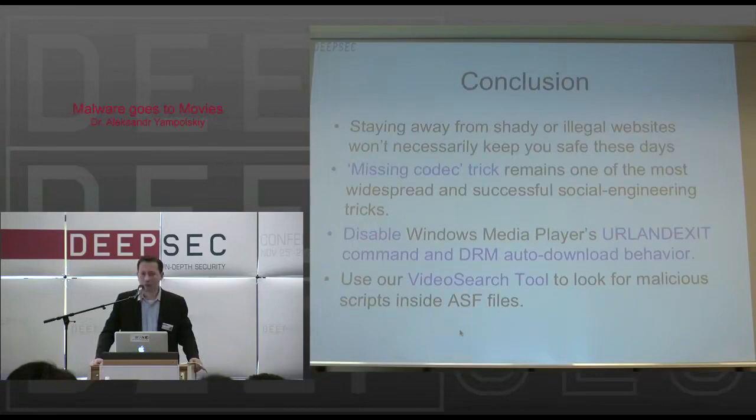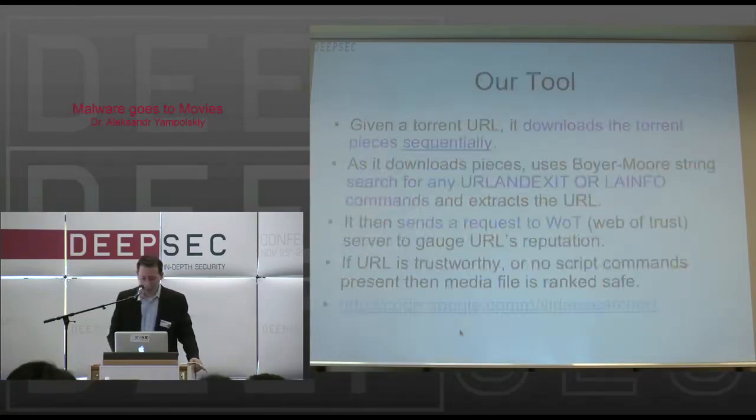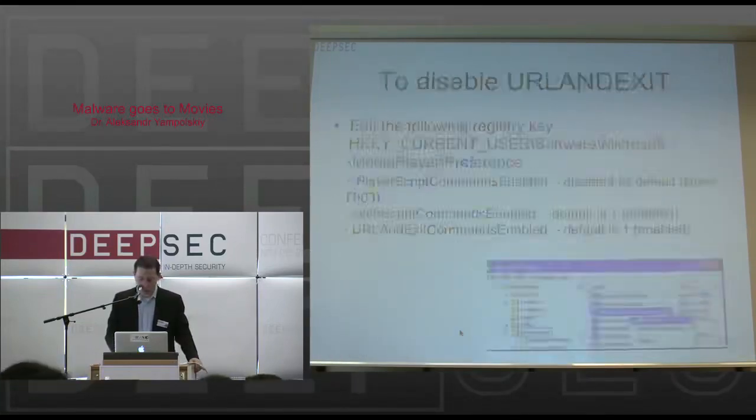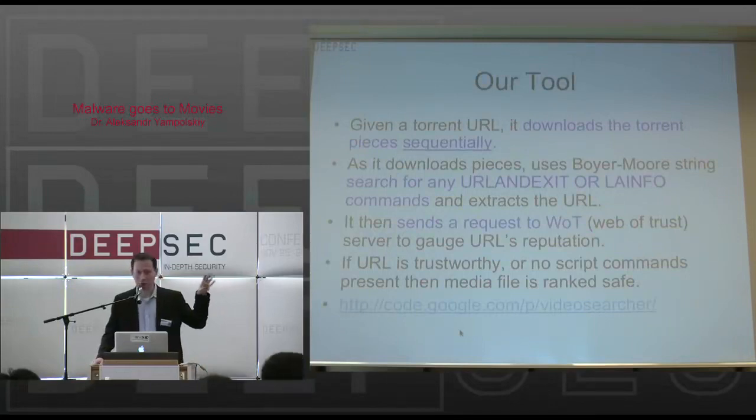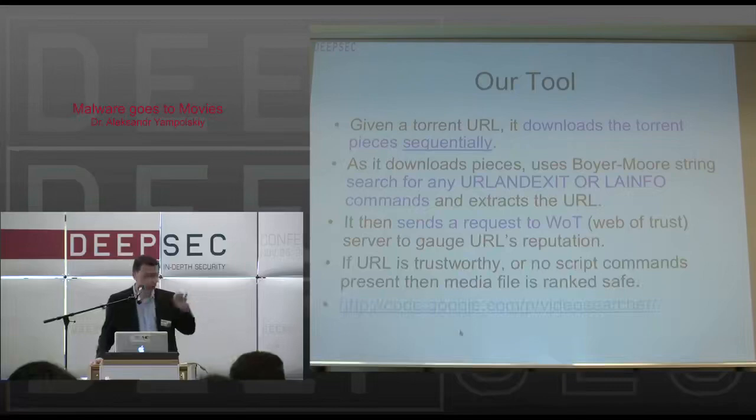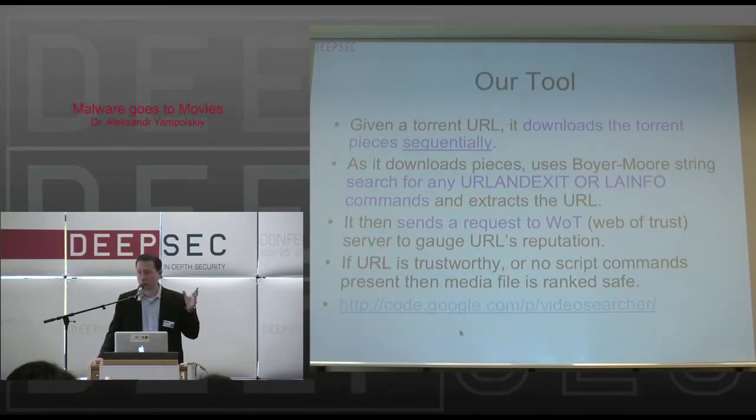So this video searcher tool, it's still in alpha stage, so I need to work on it a little bit more. The part which is alpha is actually downloading the torrent pieces, because torrent download is a little bit sequential, so it is a little tricky to get right, so I didn't get all the details correctly. But on a hard disk, it should work actually well. You can just point it to a particular file, and it's going to look for those script commands and tell you if they're present or not. So that would be pretty easy to do.